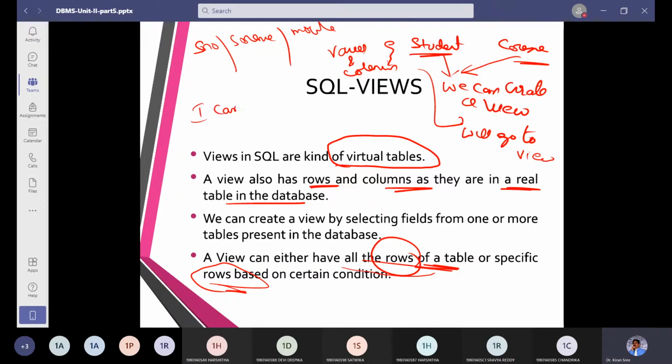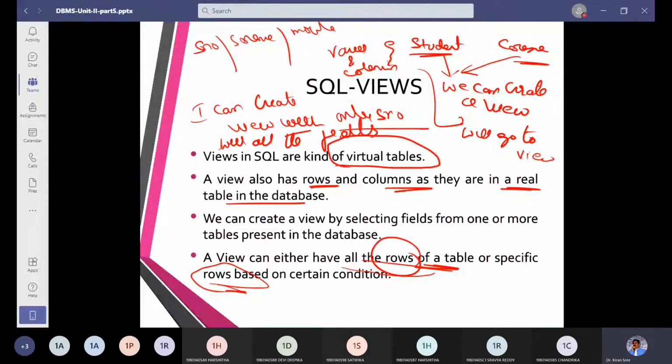I can create a view with only student number, or I can create a view with all the fields. If a student table has 3 fields, I can create with all 3, or take only one field. It is up to my wish.